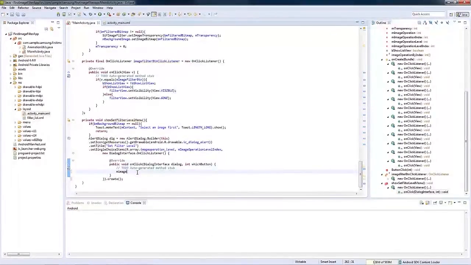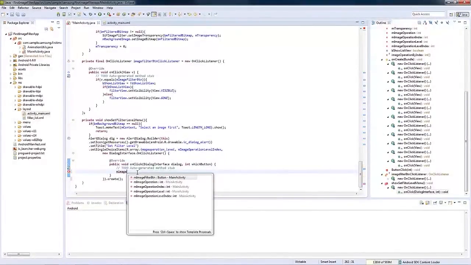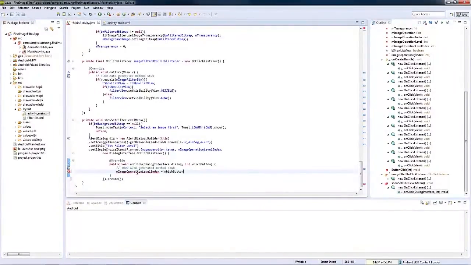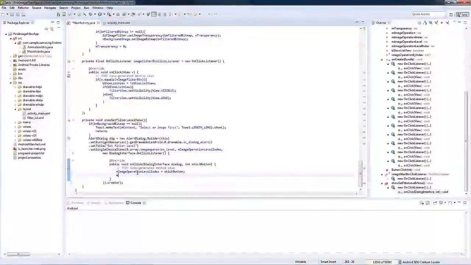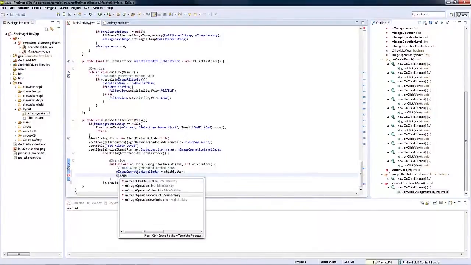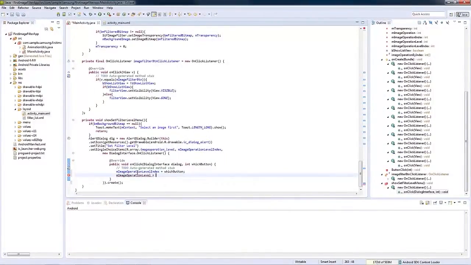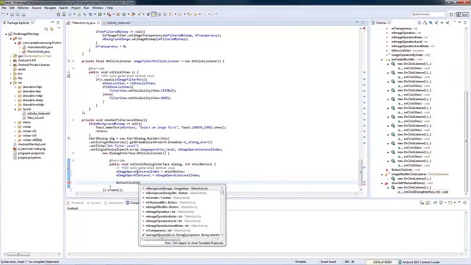The selected item, which button, is the new image operation level index and image operation level. To apply the changes made, we call the command function buttonClick.